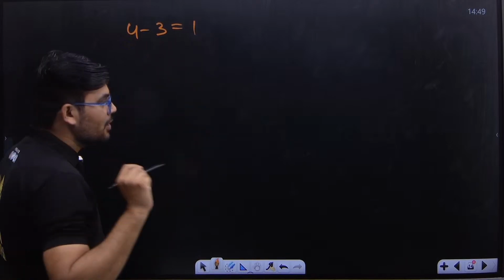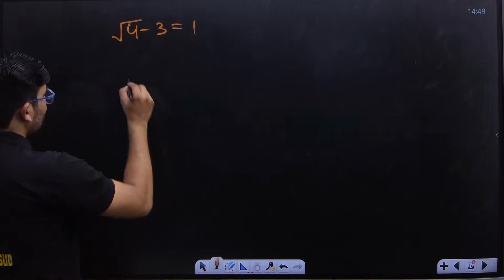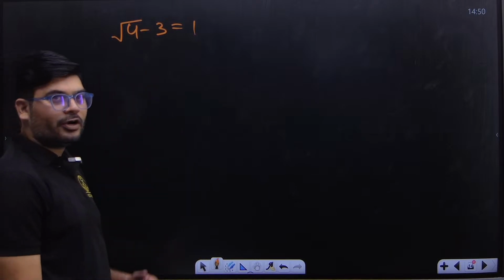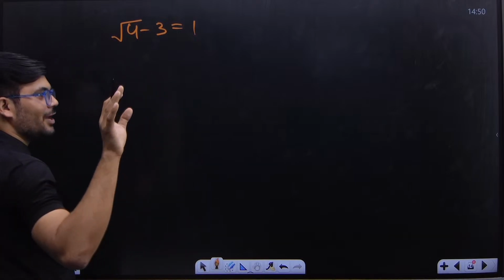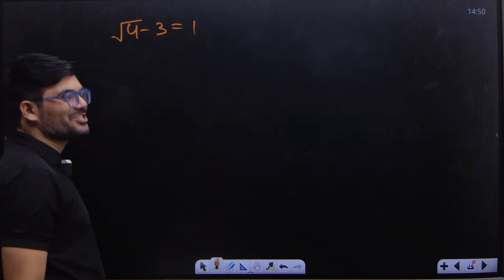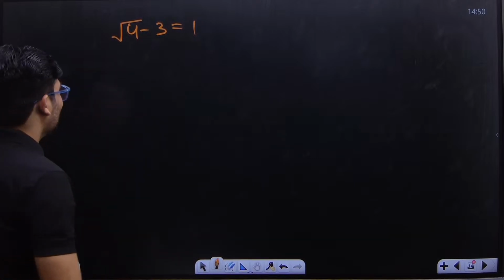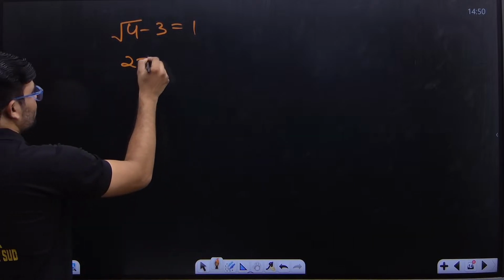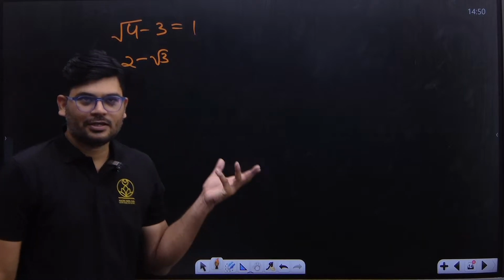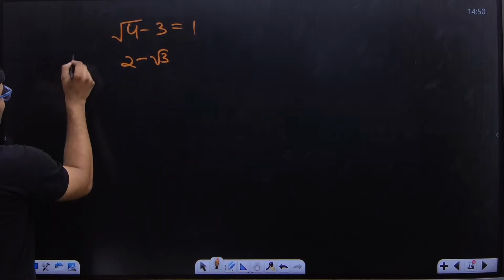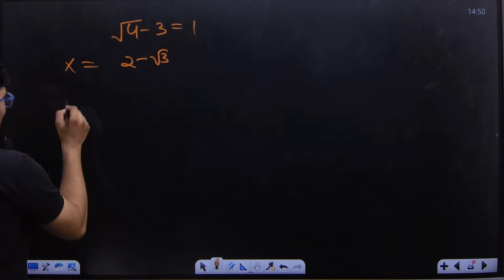Now what is the square of 4? Square of 4 is 16. Or what is the square root of 4? Oh, square root. I heard square. I told square only. So I changed my question again. What is the square root of 4? 2. What is the square root of 3? Root 3. So if I mark this as x, then what will be